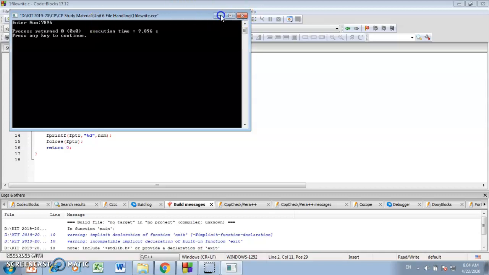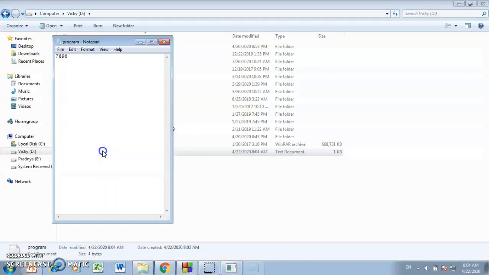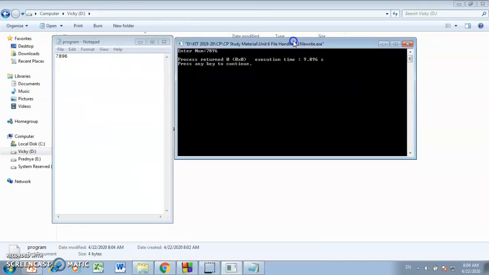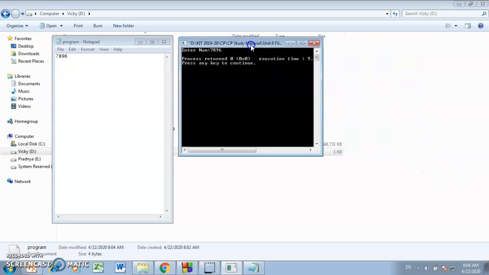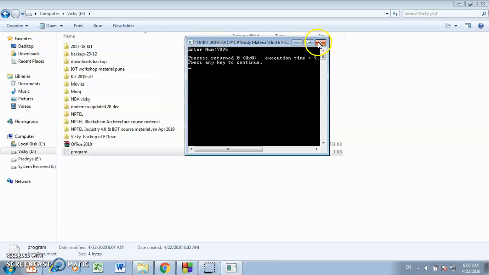When I press enter and check the program.txt file, see, now the number has changed to 7896. So when you run the write code a number of times, the previous contents will be erased and the new contents will be overwritten. Getting it? Previous numbers are deleted and the new numbers are overwritten. This is file write.